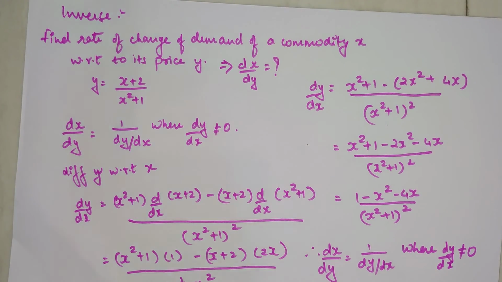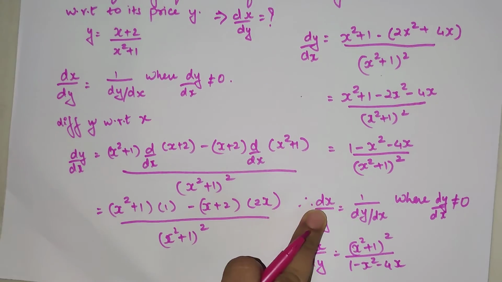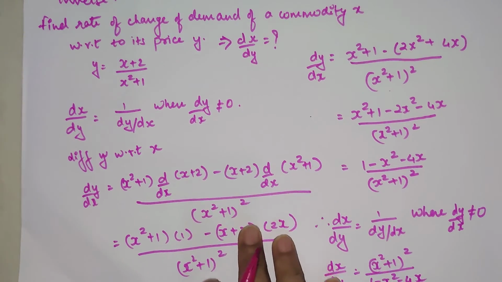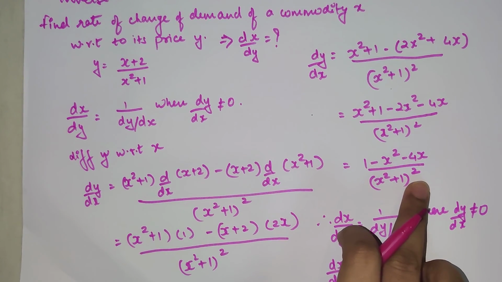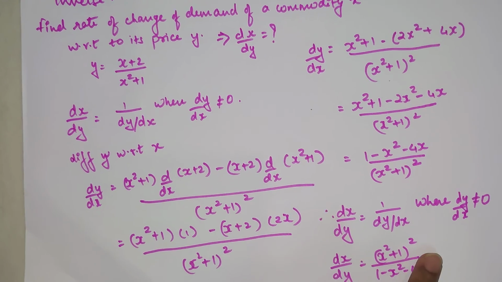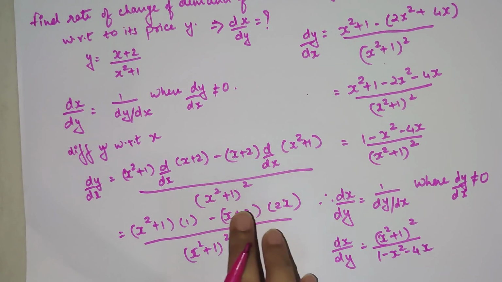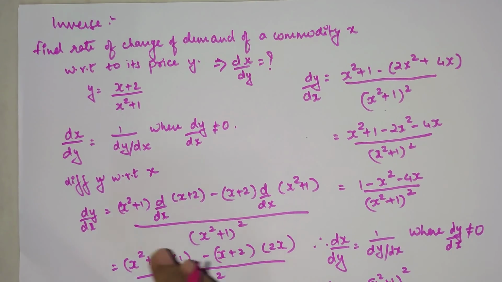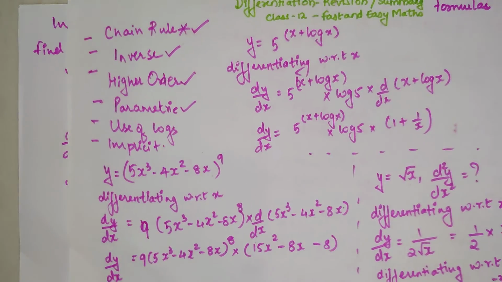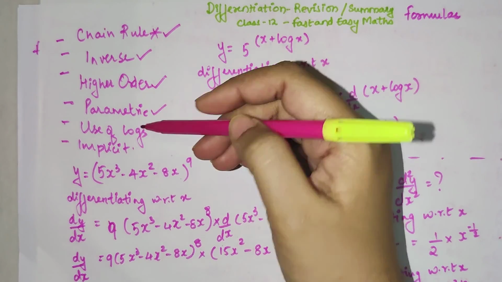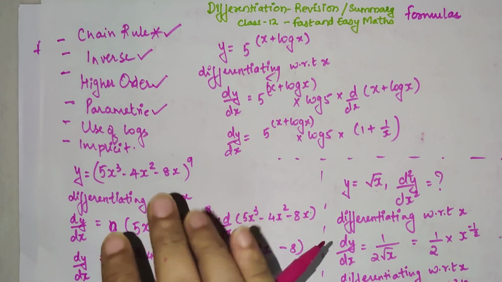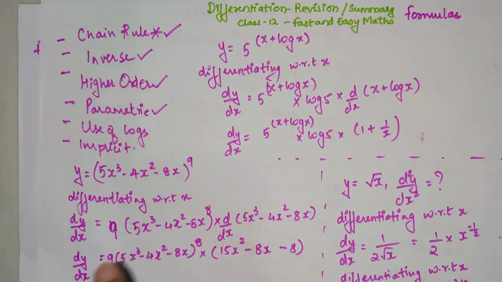Please understand, a lot of students at the end make this mistake and they don't take the reciprocal. Okay, so your answer does not end before this, it actually ends over here. So don't make that silly mistake, because after doing so much hard work you will actually lose marks just because of this silly mistake. So now students, as you can see, out of the 6 types we have already covered 4. Now the next 2 types I'm going to continue in the next video.